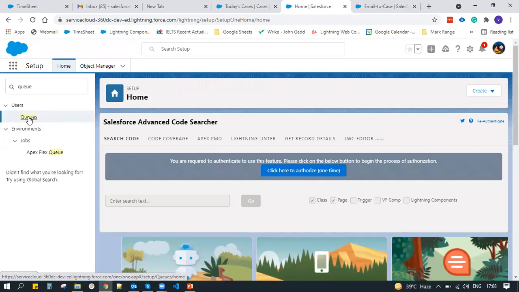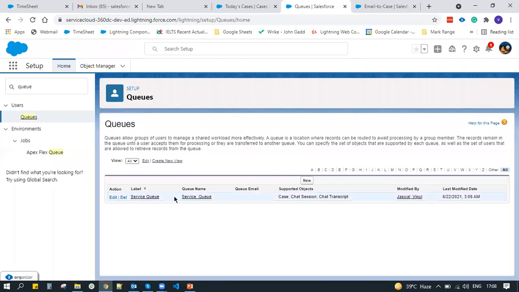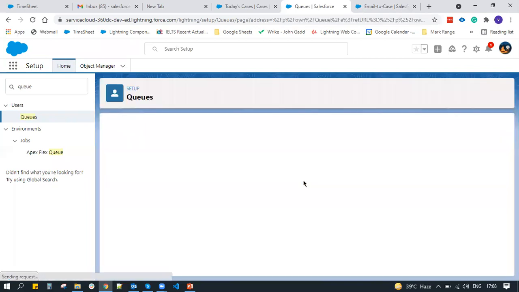A queue is nothing but a bundle of users, and all those users are going to receive the cases on the basis of round robin functionality. Okay. Here you can create a new queue.